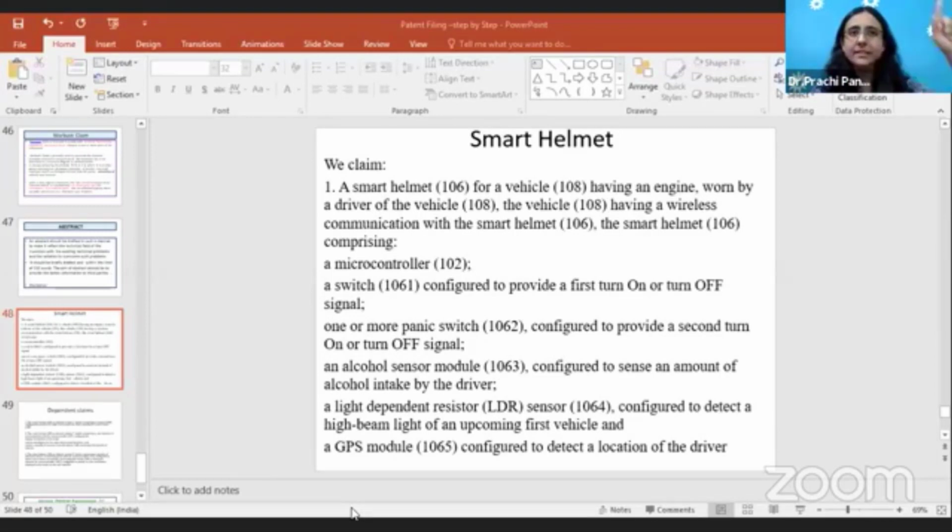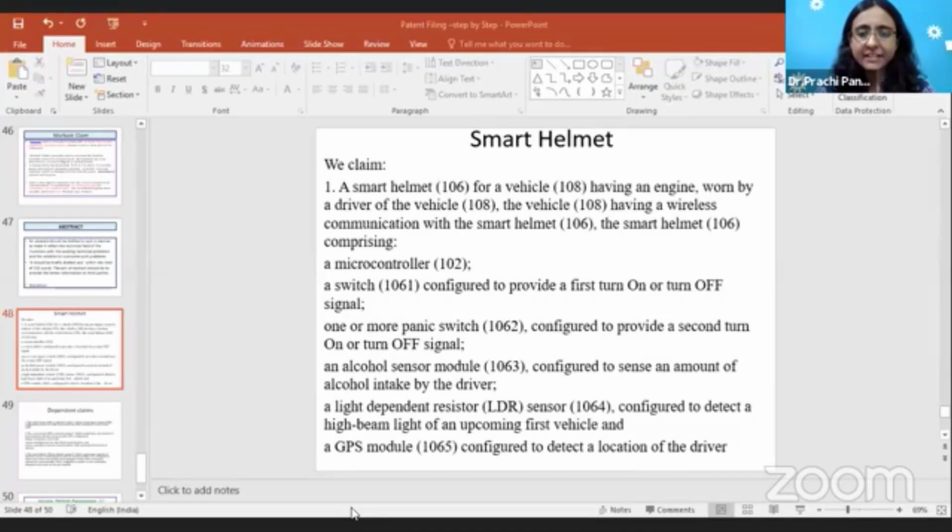Now what is the next component in the independent claim that has to be elaborated? So in their fifth claim they have given: smart helmet as claimed in claim 1, where the communication module comprises an RF 2.4 unit for communication. Definitely there are many ways it could be elaborated. There were just 7 claims. Their independent claim was very elaborate, and one by one they have written the dependent claims, which were just resting back on the independent claim. In this way the claim is drafted.